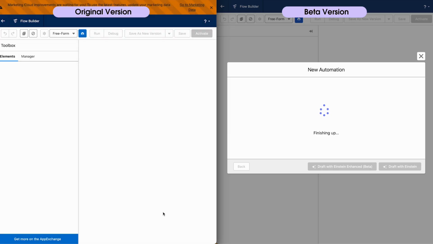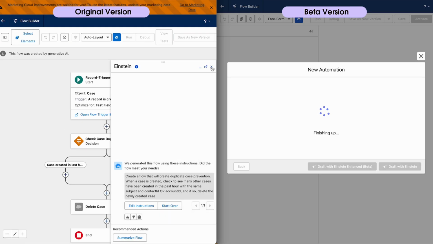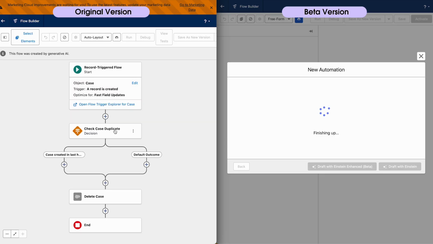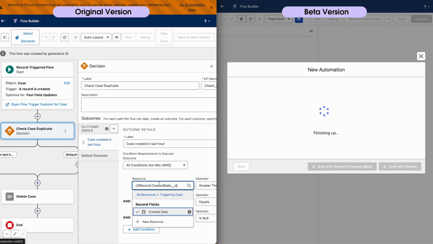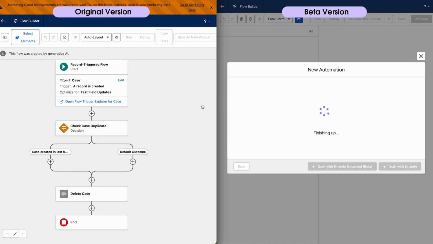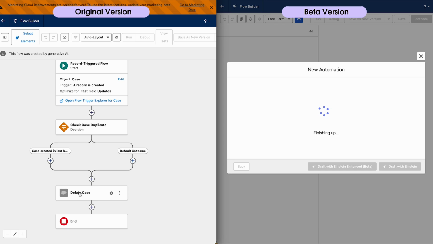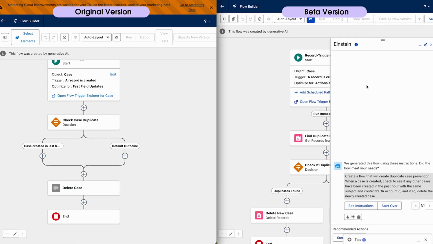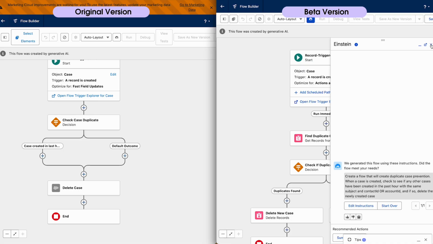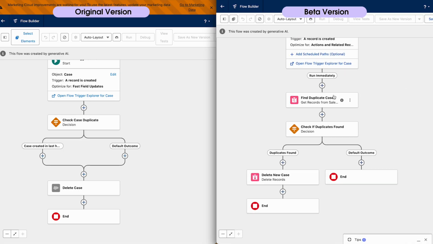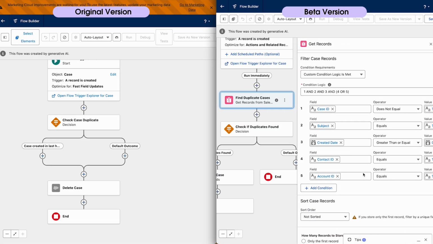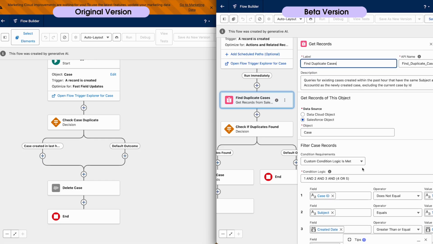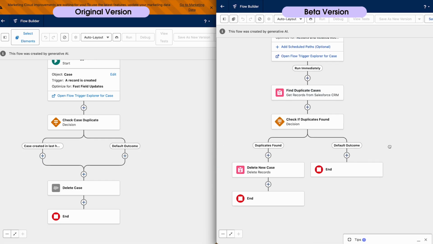Our first prompt is to create a duplicate case prevention flow. The flow must check the cases with the same subject and contact or account ID created within the past 1 hour and delete the newly created duplicates. You can see the older version fails to apply the conditions correctly, which would lead to deletion of records, not just the duplicates. In contrast, the beta version precisely applies all the specified conditions, resulting in an accurate, well-structured flow that